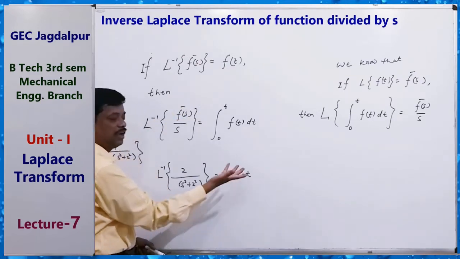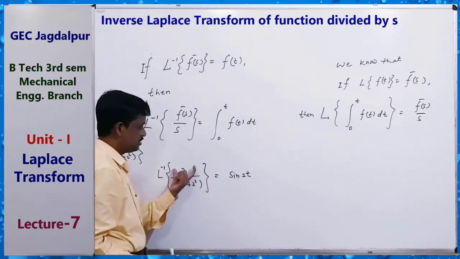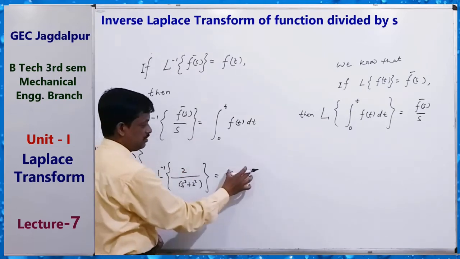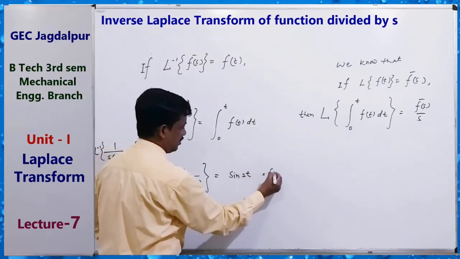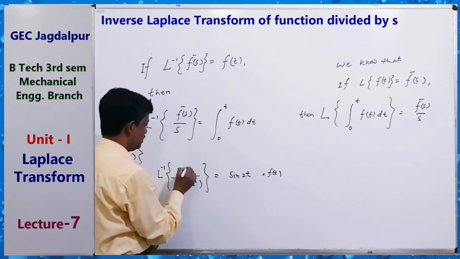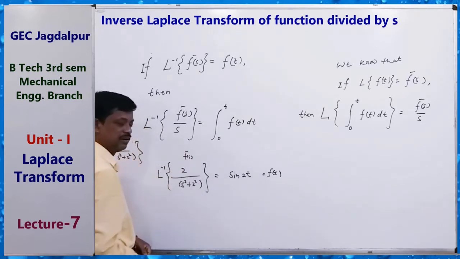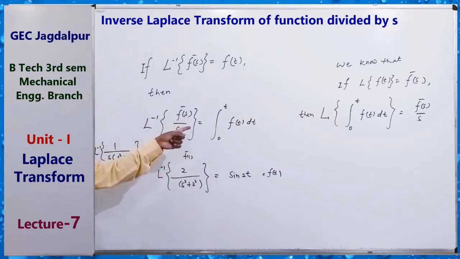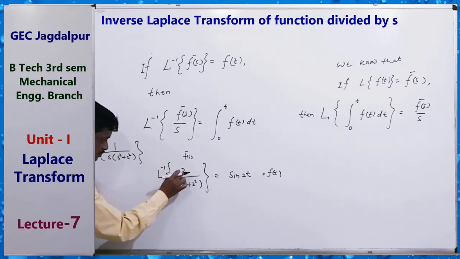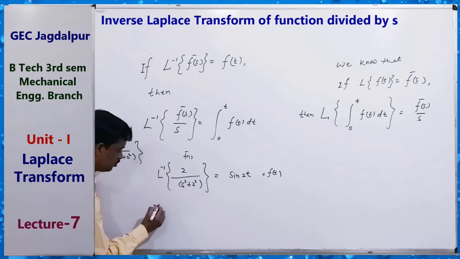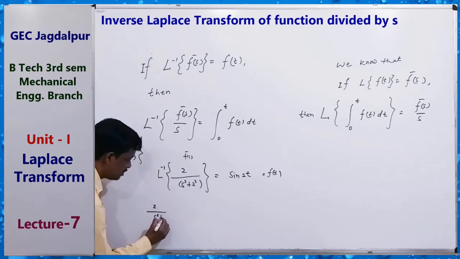This will be Ft. If this is Fs bar, then this is Ft, and this is Fs bar. Then using this formula, Fs bar by s, this by s, 2 by s square plus 2 square,